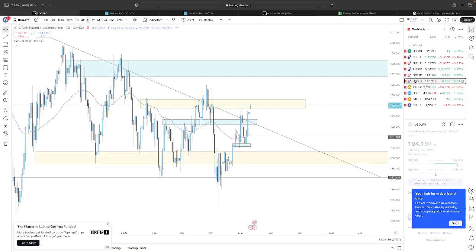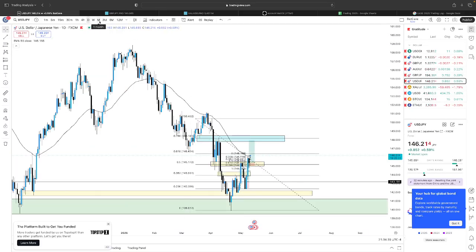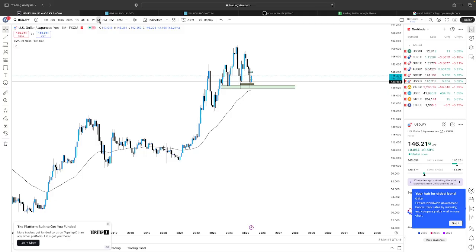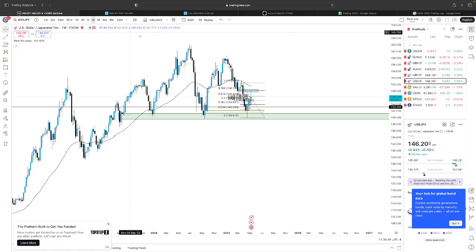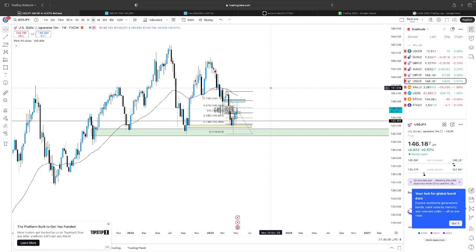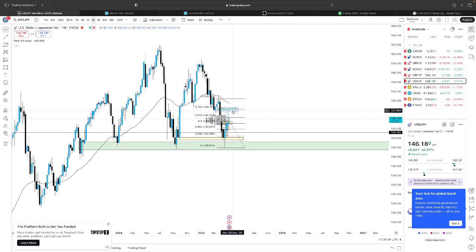And if we were to go to the USDJPY, on the monthly time frame, price action has found support around 143 and has gone up to 146. It has risen 3.16 points from its opening price. And if we go on to the weekly time frame, as you can see, price action has created a lower low and is now looking to head towards a lower high, which could happen around this supply and demand zone that is found around the